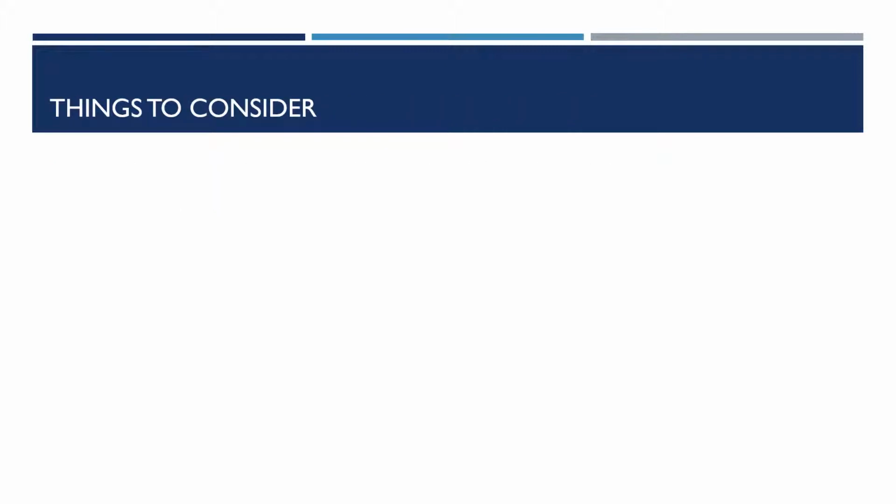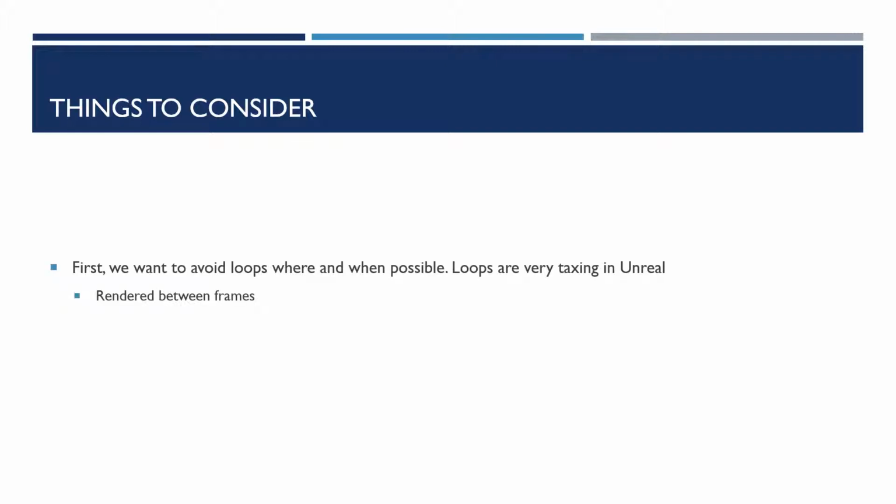So there are a few things we need to consider when we're writing our programs. And some of these things might not be obvious, and some of them might relate purely to the program we're working with. So when we're thinking about Unreal, we need to consider where we use our loops. Loops in Unreal are very taxing. I remember when I first started out doing any sort of programming, everyone told me, oh, you're going to rely on loops a lot. And yes, you will have to use loops. The thing is, though, if you can avoid using a loop,